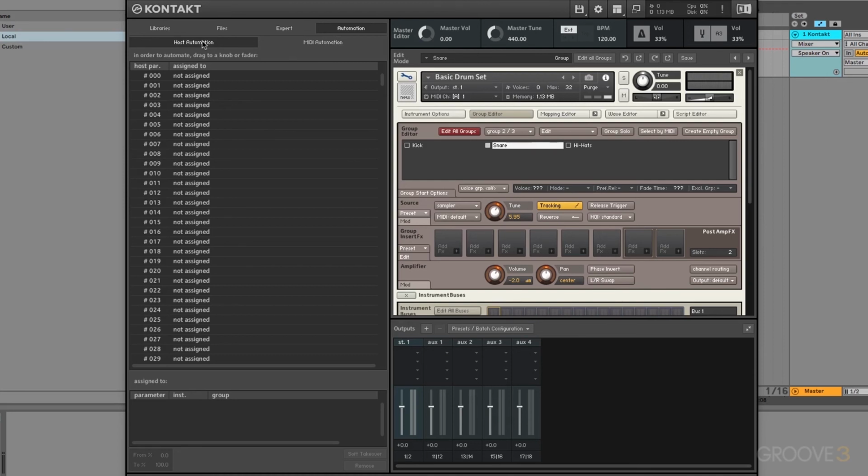Let's go ahead and select the first parameter. We can click on this and drag it to what we want to automate, which in this case is the tune knob again. So we'll just click and drag that. So now this first host parameter is MIDI mapped to control the tune knob. And you have the same features at the bottom as well from the previous section. So the from and to controls, the assigned to window that tells you what everything is assigned to, soft takeover,